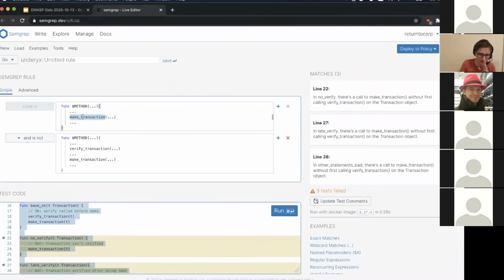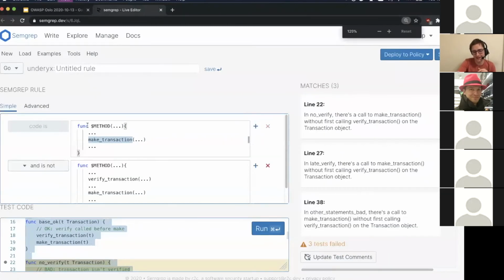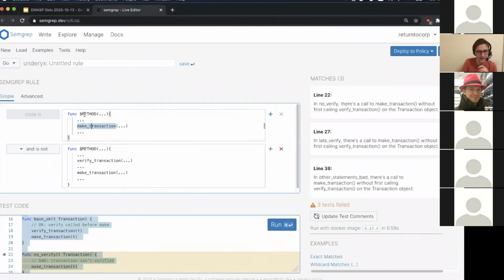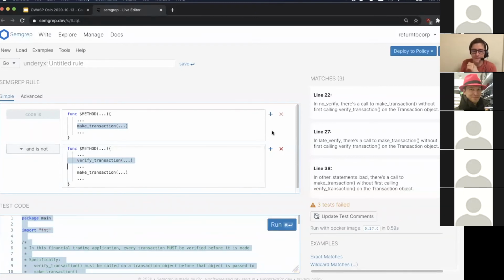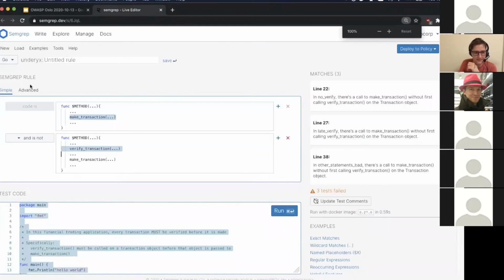All right. And again, honestly, I don't feel like I need to really explain these patterns because they read really well. They're self-explanatory. So we just say, if there is a make transaction call anywhere in the code, then alert about that unless there's a verify transaction call before it. And so the sample code down here